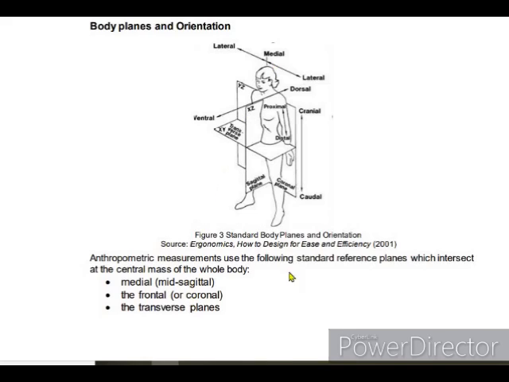Next, the frontal or coronal. So the frontal, okay, you can see in the drawing, it is right here, okay, in the lower part, okay, it is a plane from one knee to another and one shoulder to another. Okay, so next, the transverse planes. So this is the transverse plane. It is a plane from the thigh. Okay,